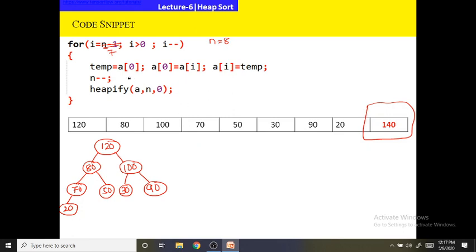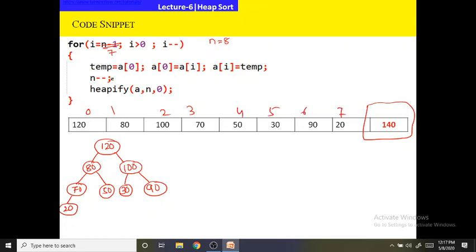So now we have to swap a of 0 with a of i. What is the value of i? i's value is 7. Okay. So a of 0 will be swapped with, so i equal to n minus 1. n minus 1 means n is 8. Sorry, this is already changed to 7. Okay. So 7 is greater than 0. Yes. So now 0, 1, 2, 3, 4, 5, 6, 7.